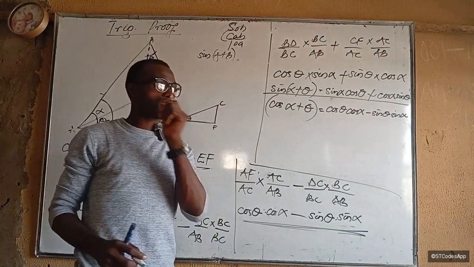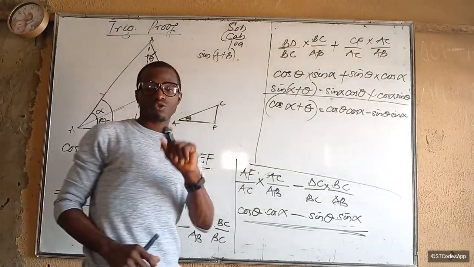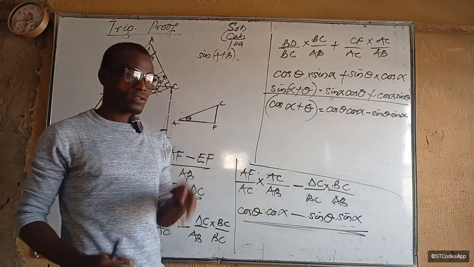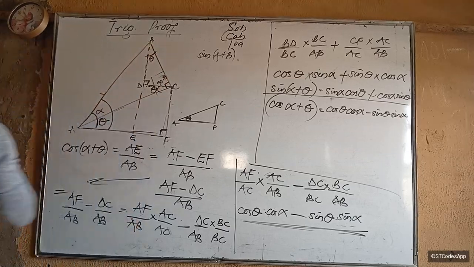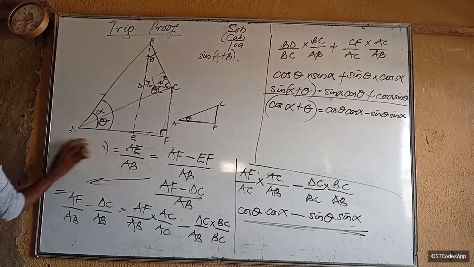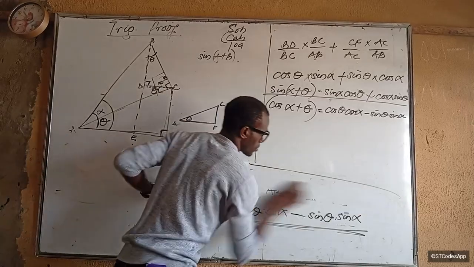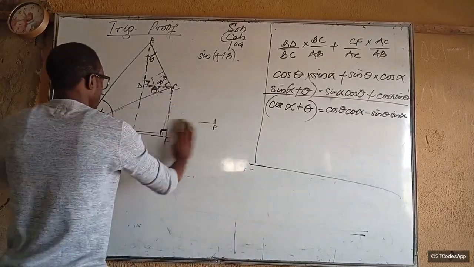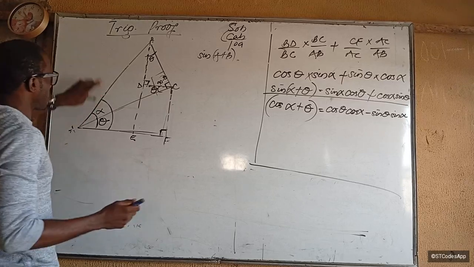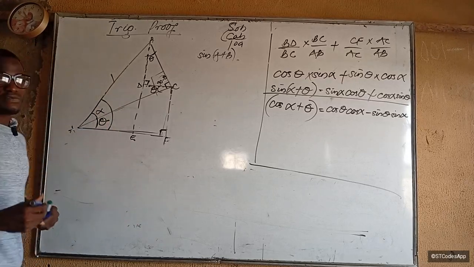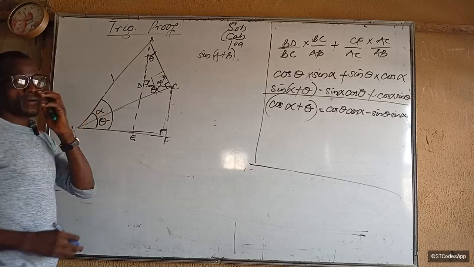Now before I prove the other identity, the sum to product, I want you to see something else. I'm going to be using another method to prove it. Okay, so I'm still going to use the same triangle, but I'll change something this time. What we still have is this system like this, but this time we're going to make our hypotenuse here, this hypotenuse here, have a value of 1 unit. So if it is 1 unit, then